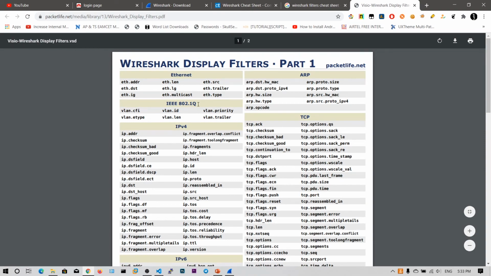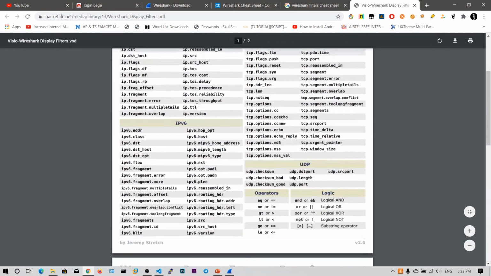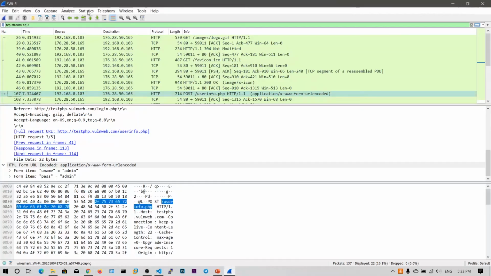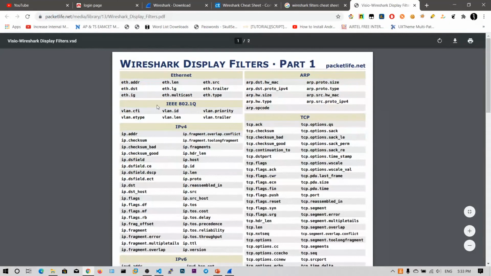Here you see the display filters, and after capturing packets you can apply these display filters to get your desired packets. You can see the Ethernet filter and the IP version 4 filter. You can also set ip.dst, the destination IP address, to this one.